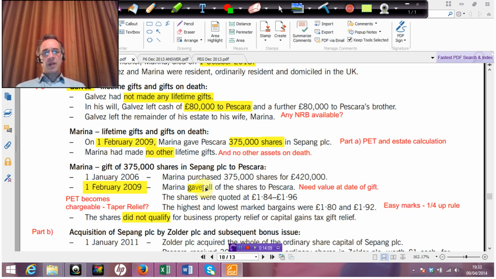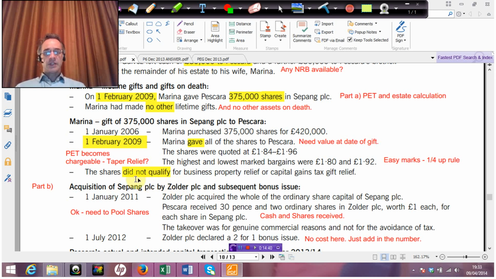So really, so far what we have in relation to the PET and the estate calculation, Part A, is some information in relation to the valuation of the shares that are being gifted from Marina to Pescara. All of this is really relating to the valuation, a little bit of background information on taper relief, and also NRB or part NRB that may be available in relation to Galvez. Okay, so if we move down a bit, what you'll see here is specific information in relation to